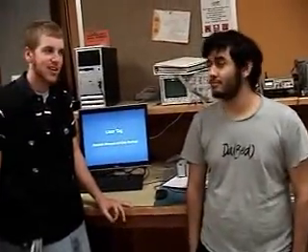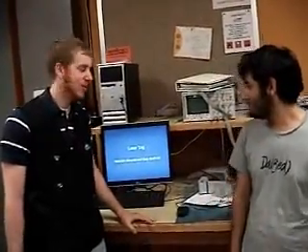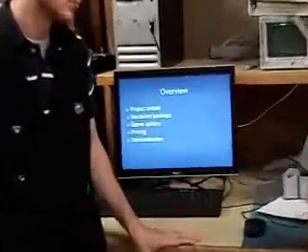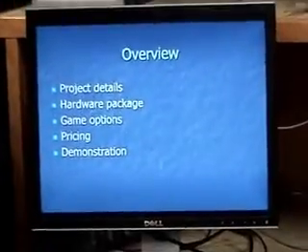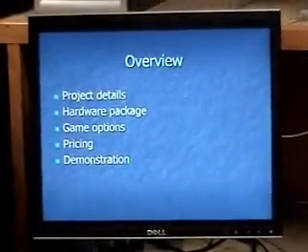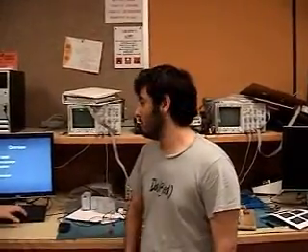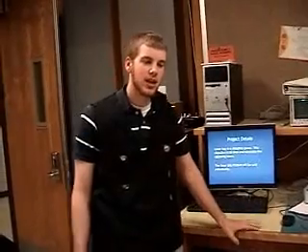The PCB spread in. And we're working on showing you our laser tag and what we've done so far and what we can give you. Today we're going to give you the project details, the hardware pack that you're going to get, the games option, the pricing, and then we're going to demonstrate the game itself. The idea of laser tag is